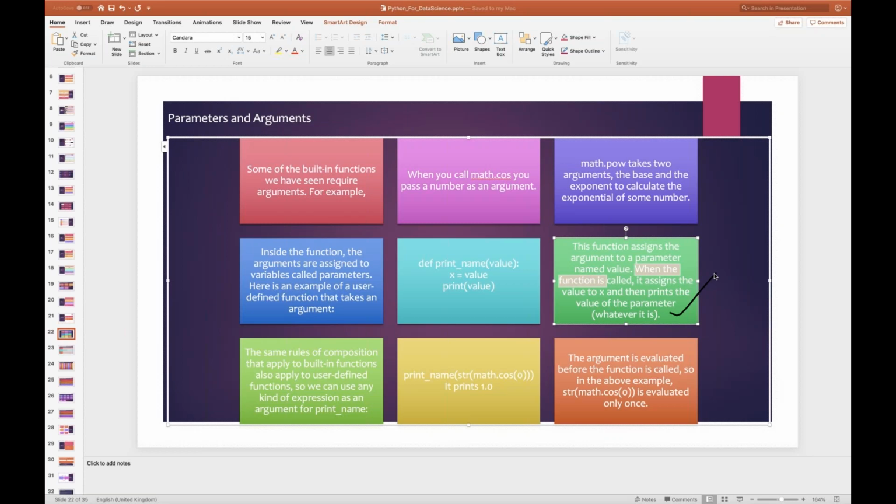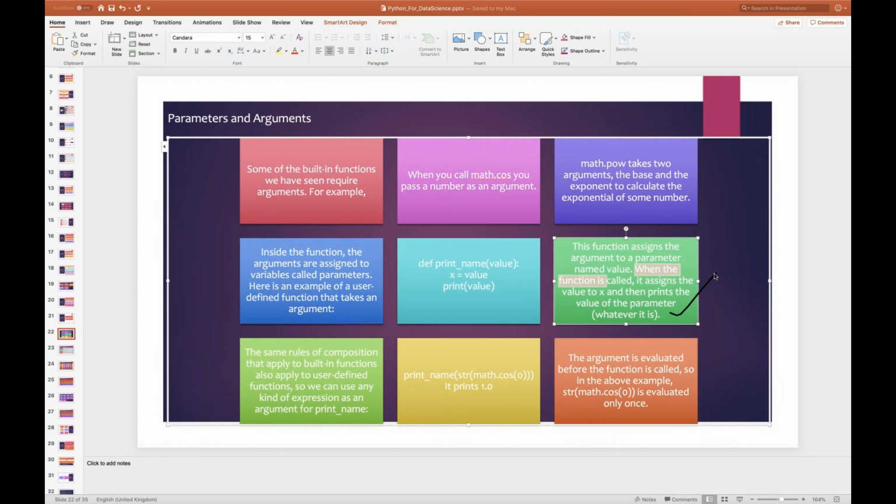Now, the same rules of composition that apply to built-in functions also apply to user-defined functions. It means the way a built-in function works, user-defined functions will also follow the same implementation. So we can use any kind of expression as an argument for print_name. If you understand the logic here, it's very simple.